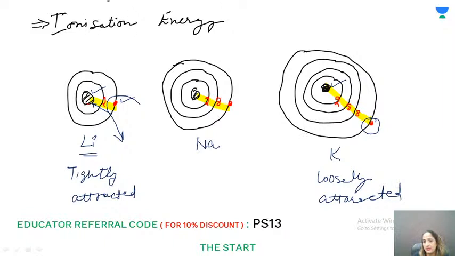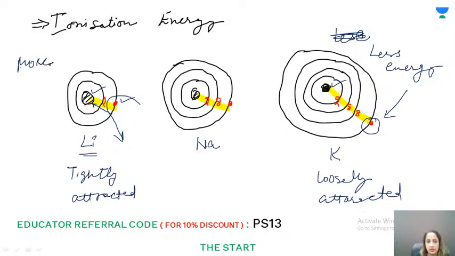We need less energy to remove this electron, since it is not strongly bound to the atom. But here we need more energy because the electron is tightly bound to the nucleus. So ionization energy is highest here, and then it keeps on decreasing as we move